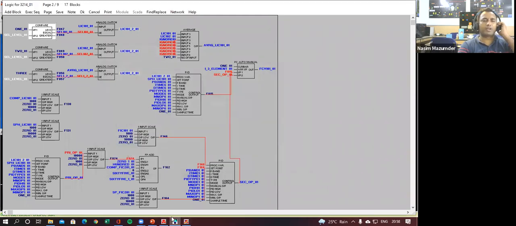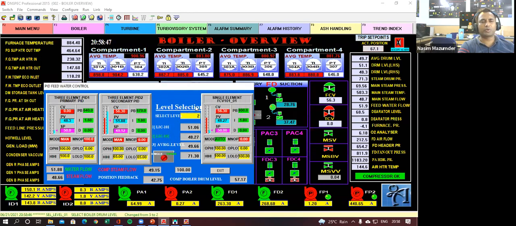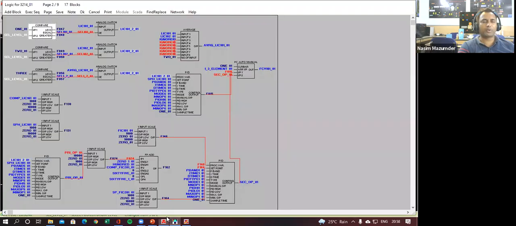That means if I select here 1, 2, or 3, I can select any one, either 1 or 2 or 3. If I select here 2, where will this 2 go? It will come here. Now this compare block will match: whether it is 1, no. Yes, it is 2, then this signal will be